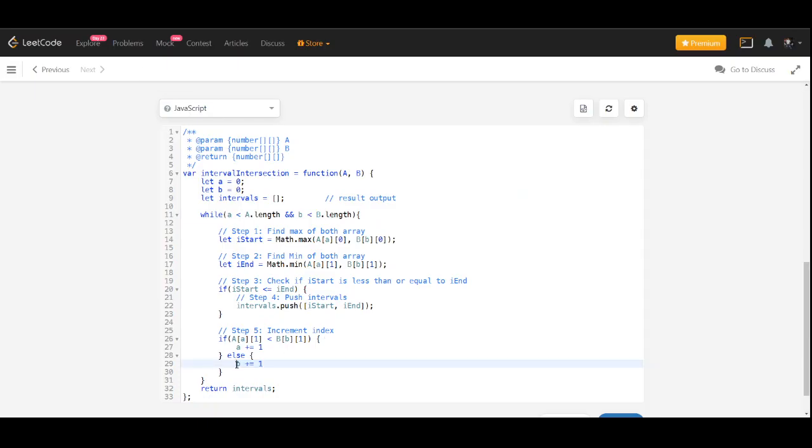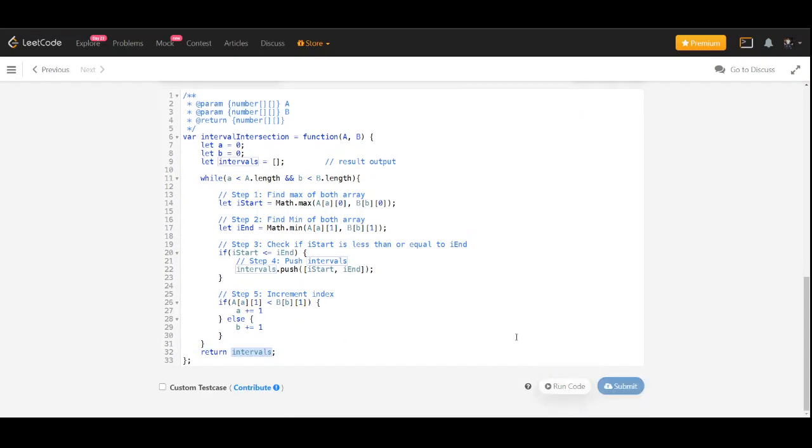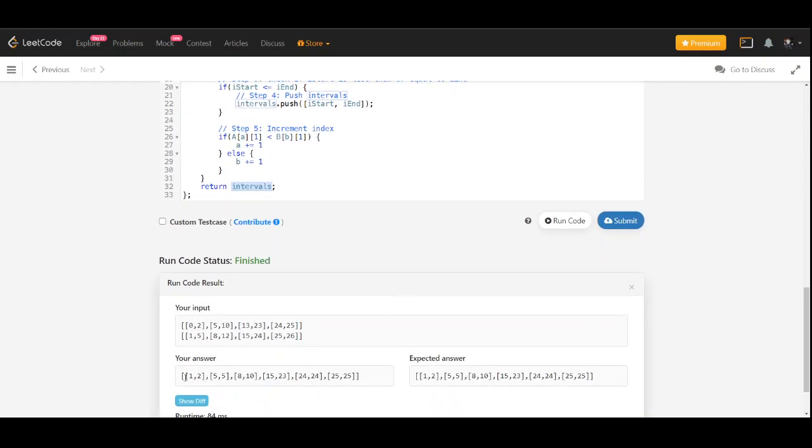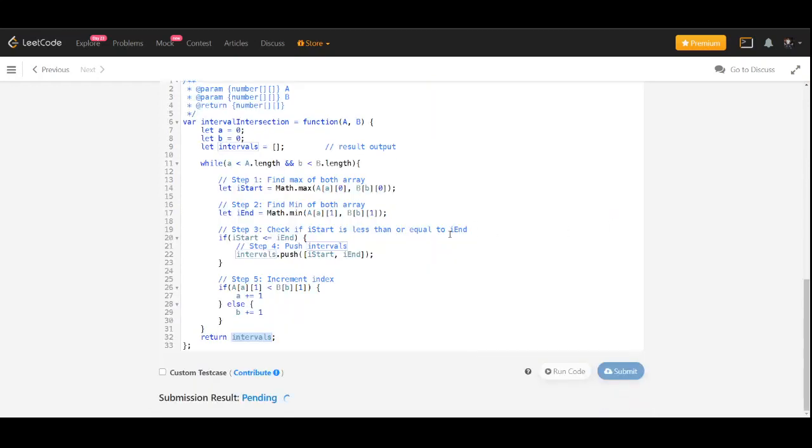So for this, I'll move that index by one after checking this condition, and then I'll return the intervals. Let's see what the result is. If I hit run, finished, right? We got the same output, and if I submit it here,